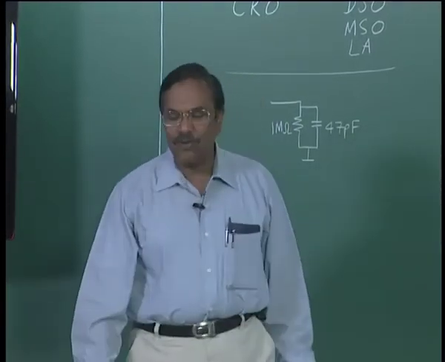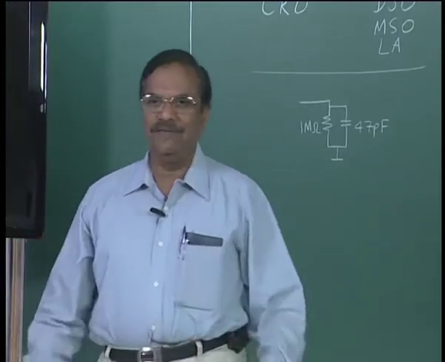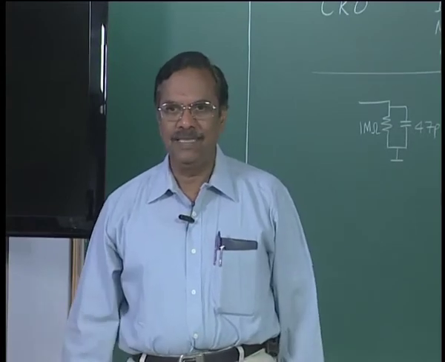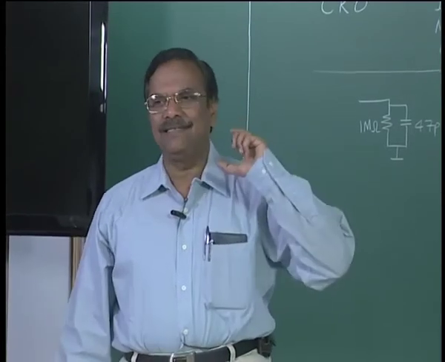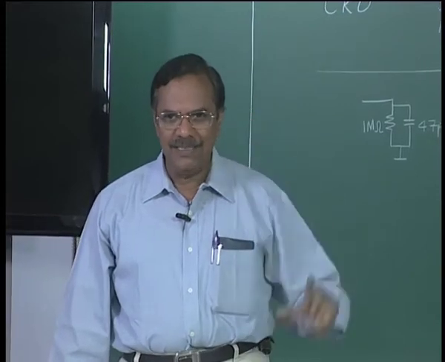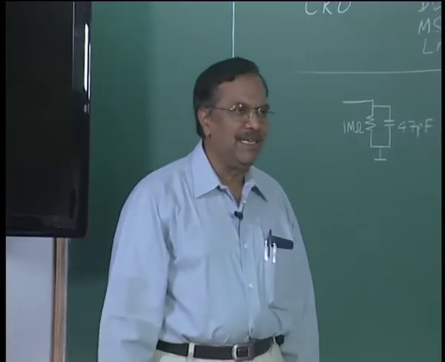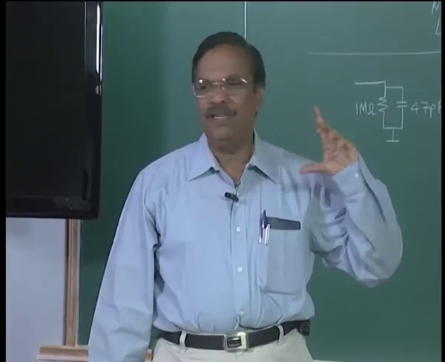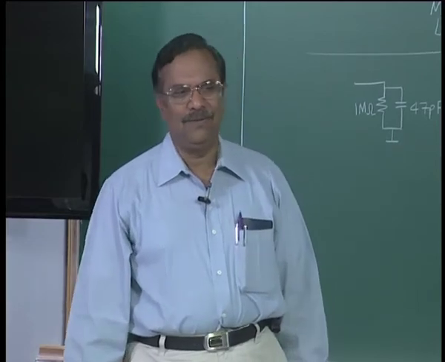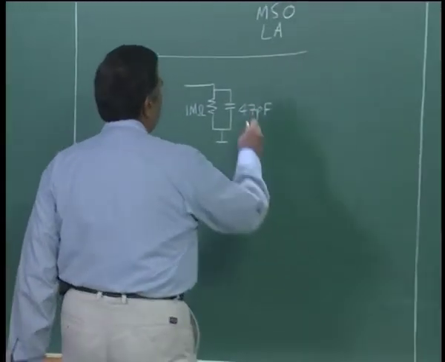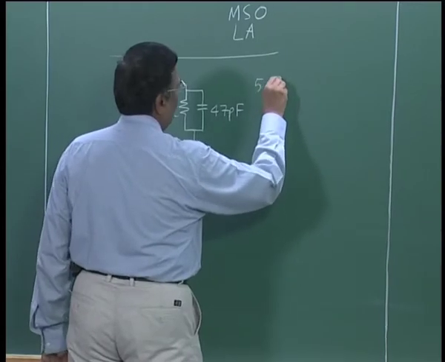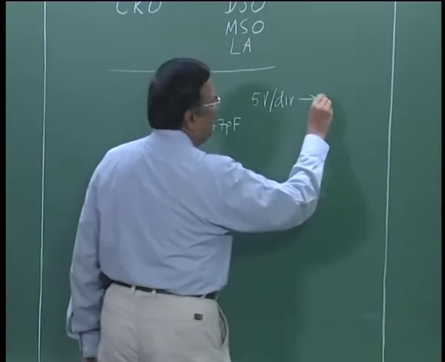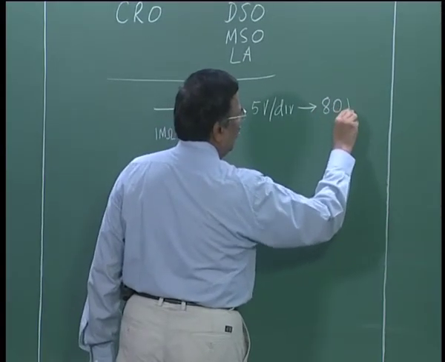and most of the oscilloscopes will give you only 5 volts per division at the maximum sensitivity, maximum voltage. And we already know on the y axis there would be 8 divisions. So, if it is 5 volts per division, the peak to peak of any signal can only be 40 volts, right, 8 into 5, 40 volts, right. So, because 5 volts per division would give me 40 volts peak to peak,